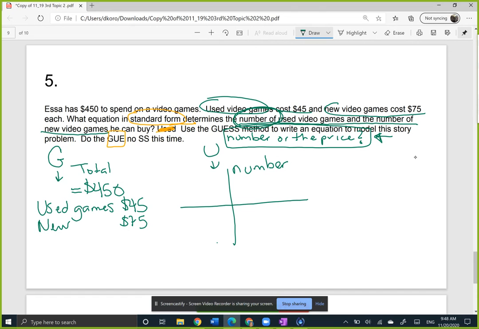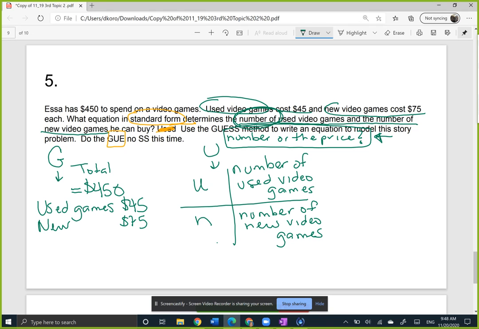Okay, so the number of used video games, we'll name that U, and the number of new video games, we'll name that N. So then my equation, because that's all we want, the G, the U, and the E,